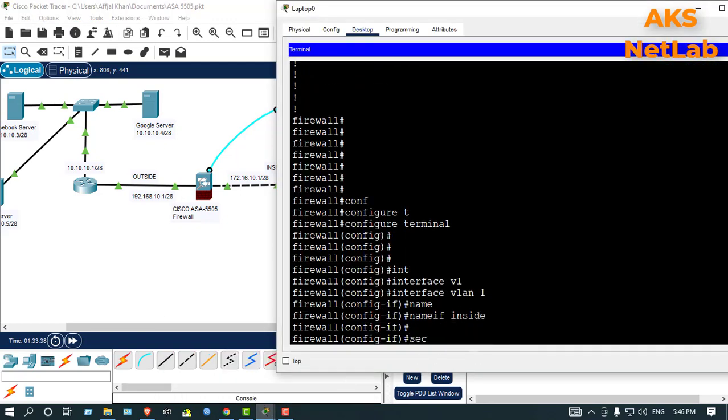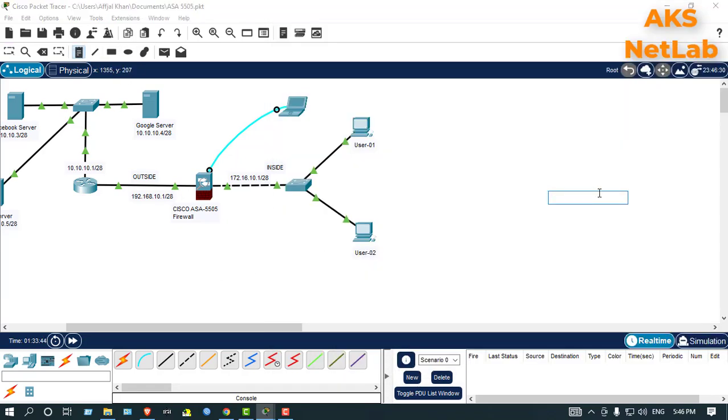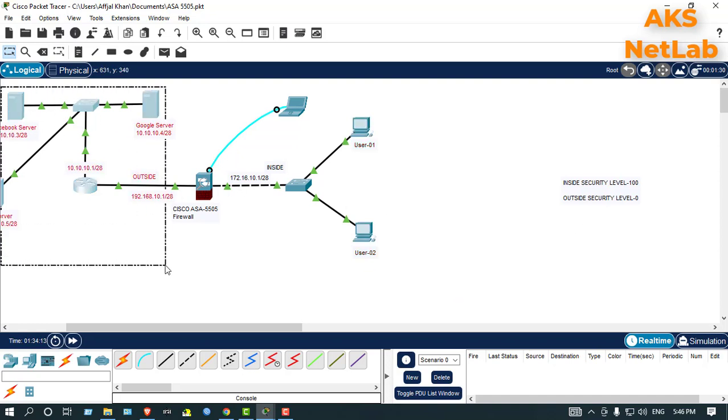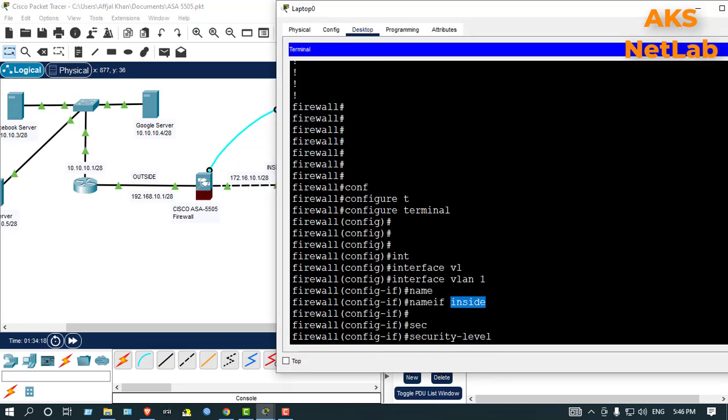Okay, the security level is the most important thing and the major issue. Security level inside is always 100. Outside security level is always 0. Inside security level, that means this part, must be 100, and outside security level, that means these, are 0. So for inside I will assign security level 100,